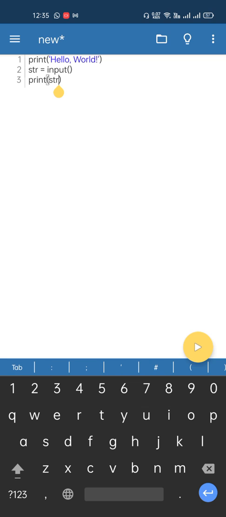See here, previously I wrote print hello world in quotes. That was a string that we were giving, but here I am writing print str. I am not giving any quote. That means str is the variable, and the variable value comes from str equals input. That means it will take input. So if I run this, see what is happening: hello world, and it is waiting for something, meaning it has not written program finished. So I'll write my name here.